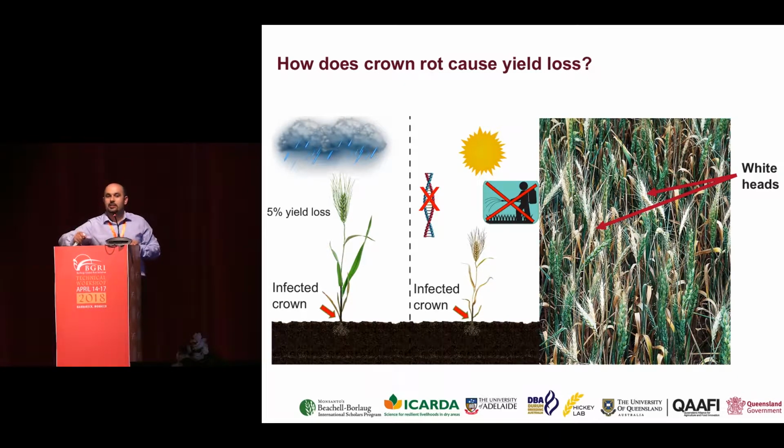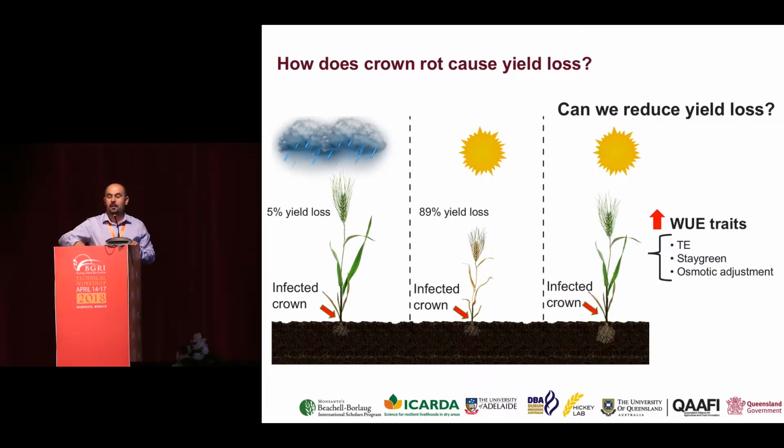As plant breeders and geneticists, we would love to introduce resistance and make those varieties resistant. But unfortunately, as I said, our durums are susceptible, and also fungicides do not work. So we thought, how about a physiological approach using drought adaptive traits to minimize yield losses under crown rot conditions